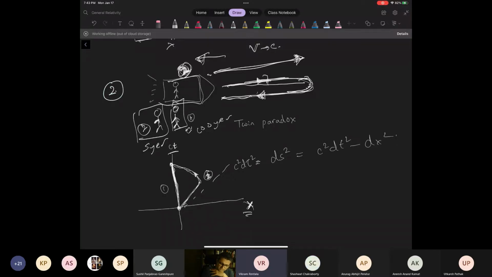Okay, and you can see that, for example, if twin 2 is going almost at the speed of light, then between this point and this point, because it's a light-like interval, this time interval is very small or close to 0. It's 0 if it's traveling exactly at the speed of light, and so almost no time would elapse, just like no time elapses for a light beam, right? If you're traveling along with the light beam, so time slows down as they go here, and time slows down